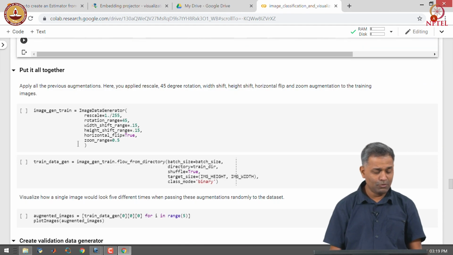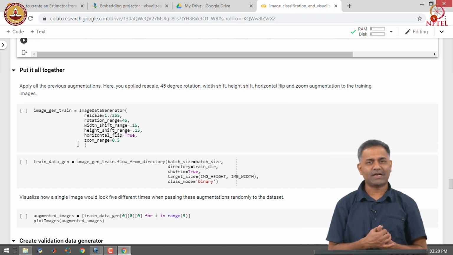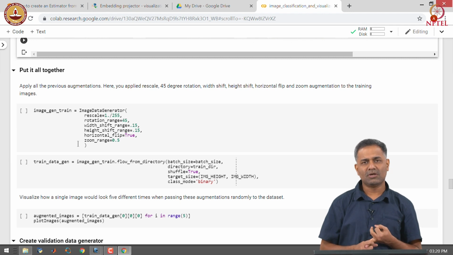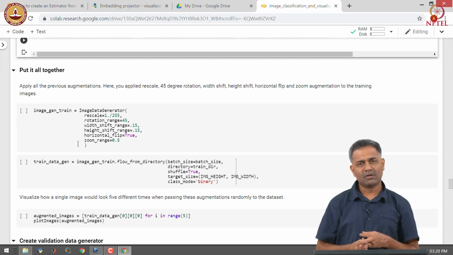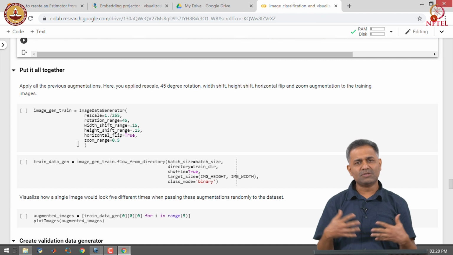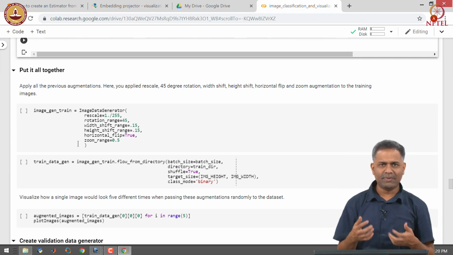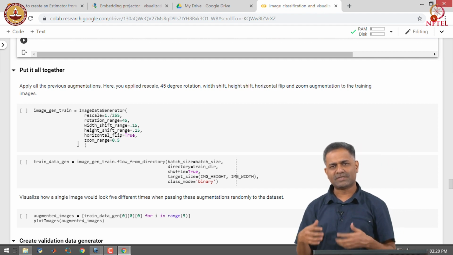Let us put together all these augmentation strategies. So, we tried horizontal flipping, we tried rotation, and we tried zooming, and we will use all these augmentation strategies together to get more images from the set of training examples.